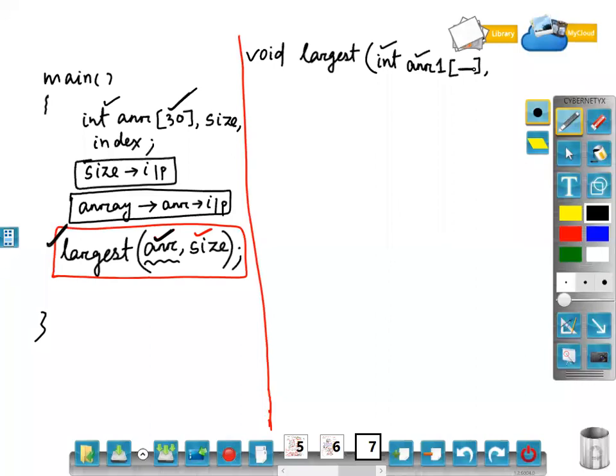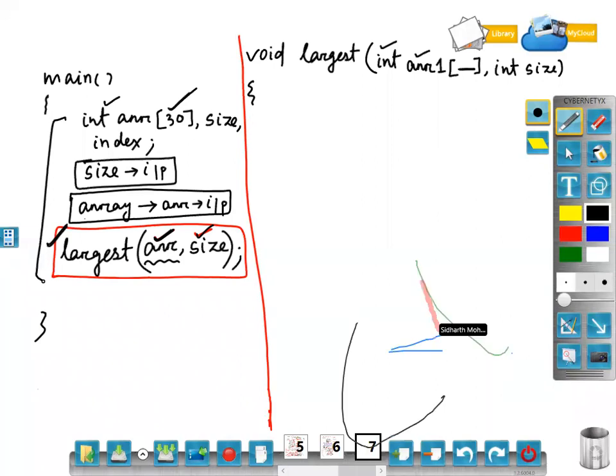Next, what am I passing? Size variable. Size is a single integer variable. I can write the same name, not a problem. Clear? Understood? While calling the function and passing the array, I will pass the array name only and the size of the array. Because the size is only known inside the main function. Once I go outside the main function, the size is undeclared. So I have to specify that I will do the operation in the array maximum up to what size. Clear? Siddharth?